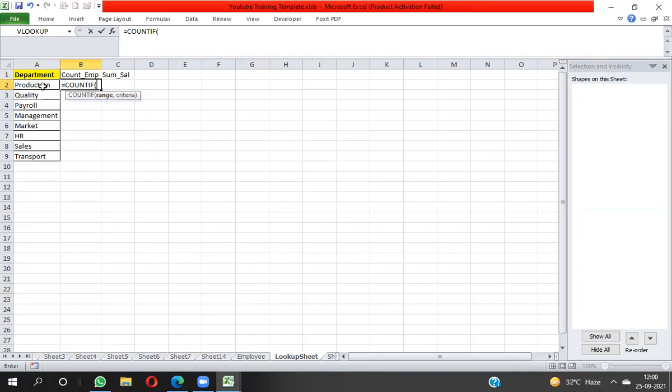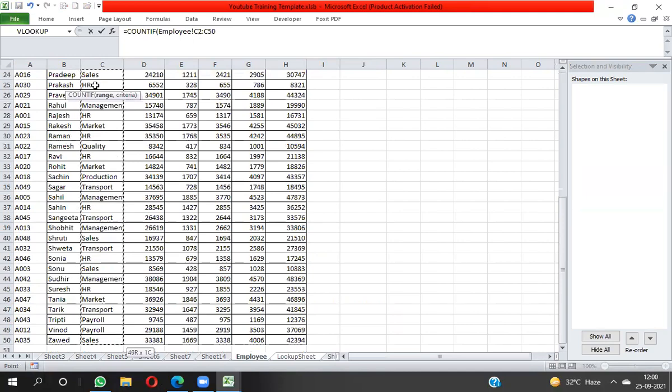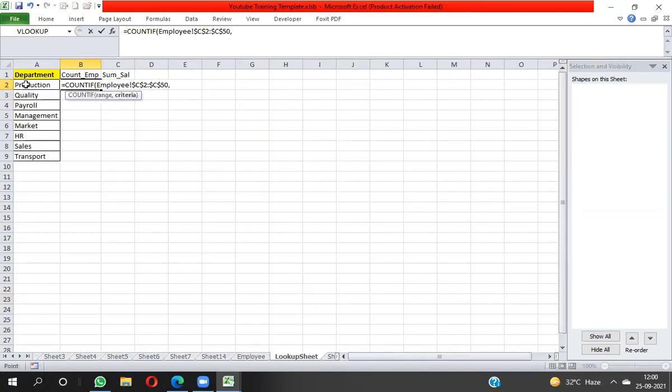Your criteria is department, so you have to take the range from the employee sheet, the department range. After taking the department range, comma, then you have to move there and take production. Okay, then enter. You can see here I have applied the COUNTIF function.